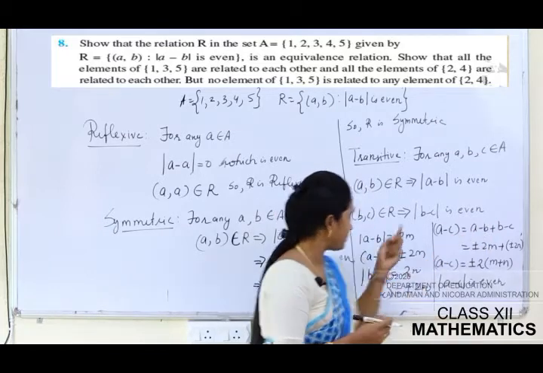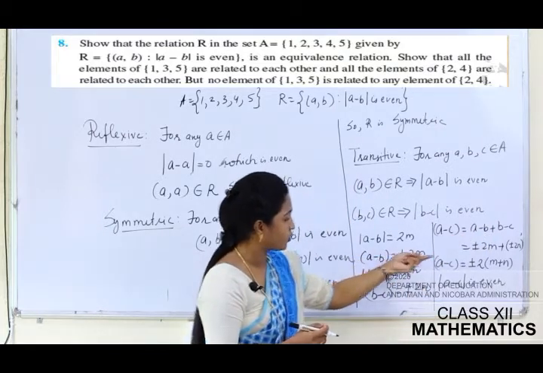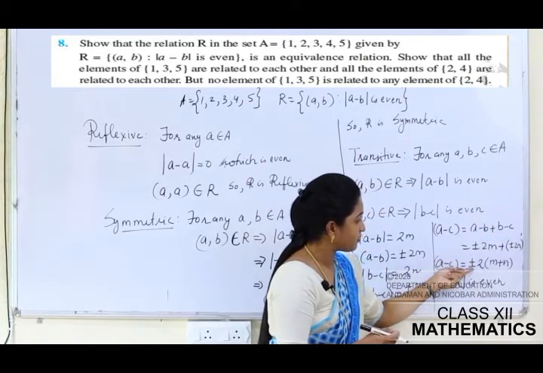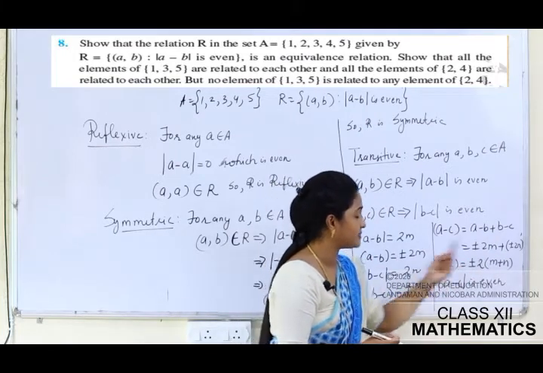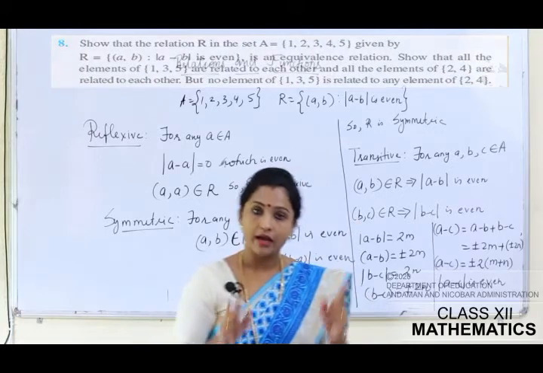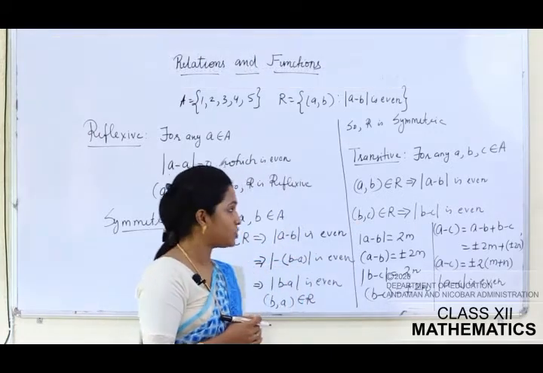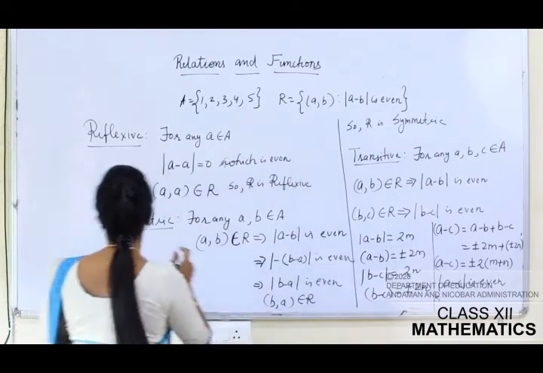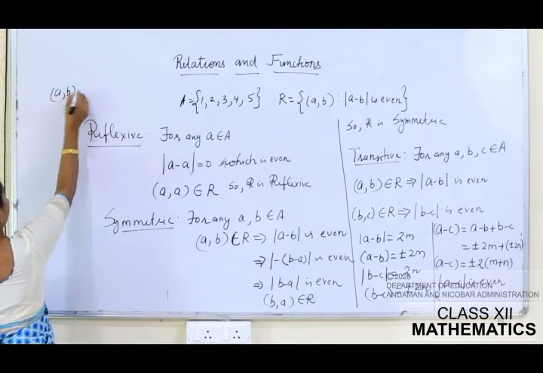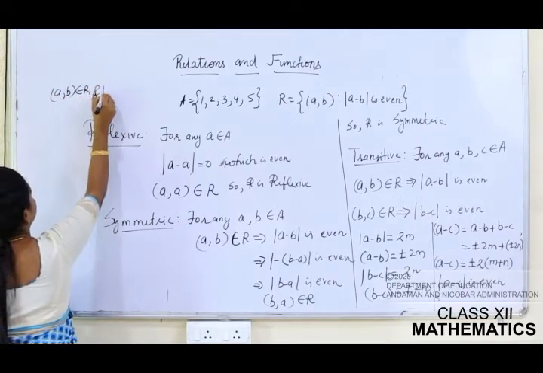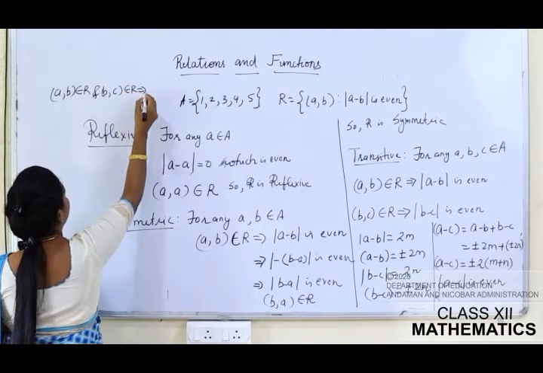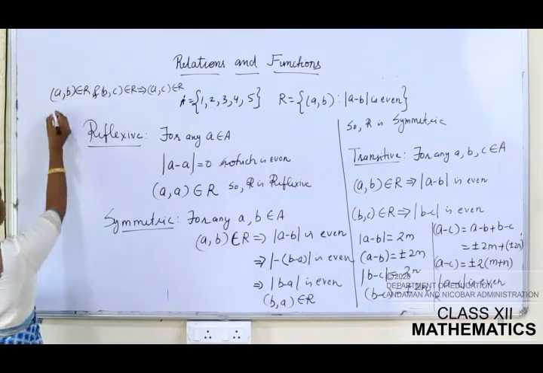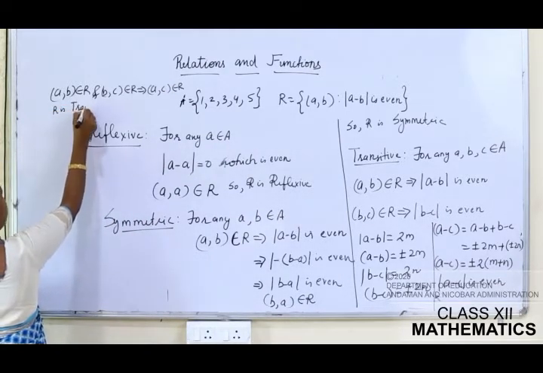Okay? So what is A minus B? A minus B यहाँ पे already आपको मिला है plus or minus 2m. I have written here. Plus again, what is the value of B minus C? Plus or minus 2n. Take plus or minus 2 common, you're getting m plus n. That means A minus C is even, and A minus C is even means modulus of A minus C is also even. Hence you can say that R is what you have proved now. AB हमने क्या प्रूव किया? यहाँ लिखेंगे. देखिए, AB belongs to R and B comma C belongs to R implies that A comma C belongs to R. Okay, you have proved. That means R is transitive.